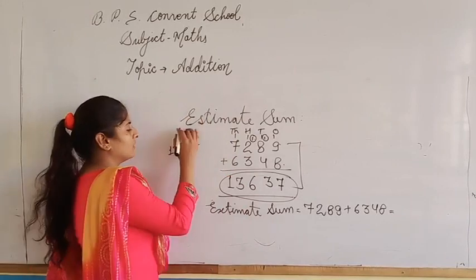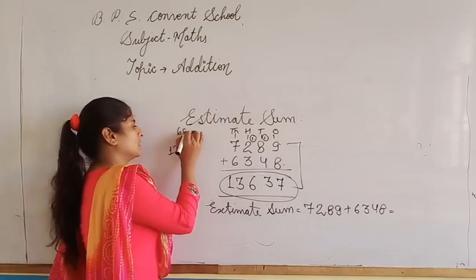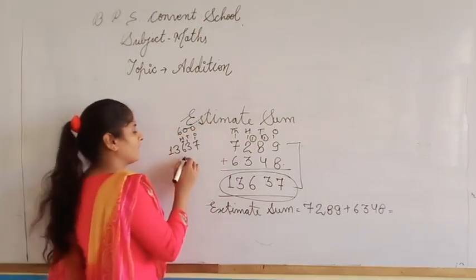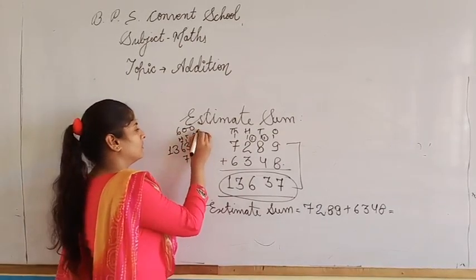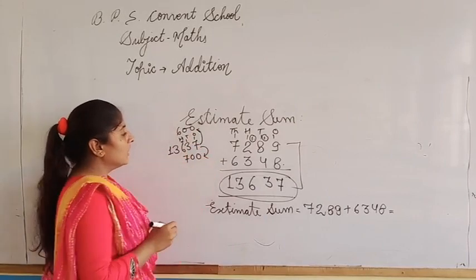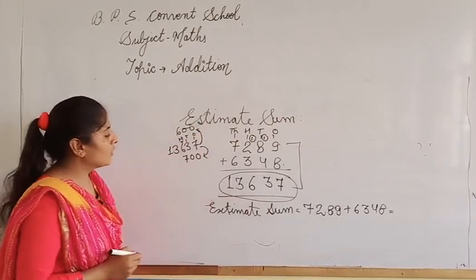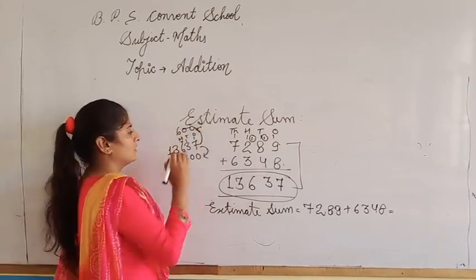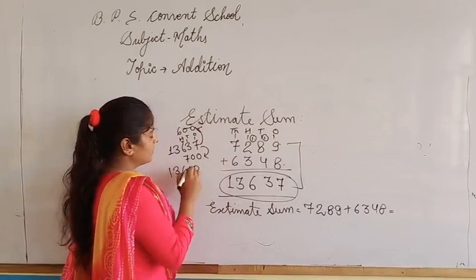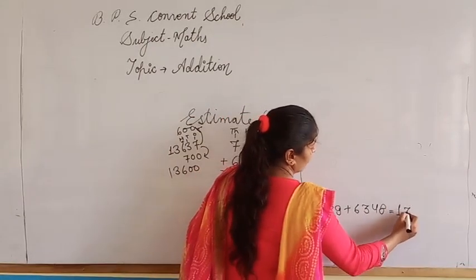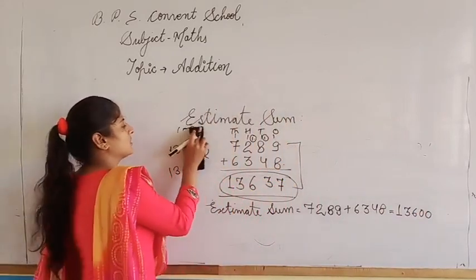Which 100 comes before 637? 600 comes before. After this, 700. 637 is near which hundreds? Near to 600. So the estimate value is 13,600. Next question is